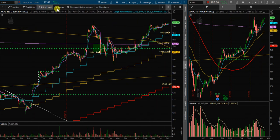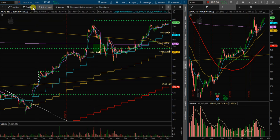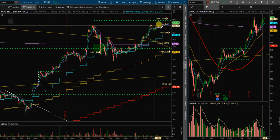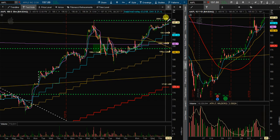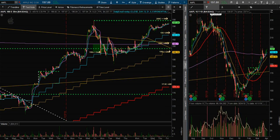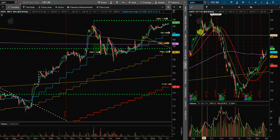Now, there is a potential here for a breakout above this level, so I may go ahead and take some 200 calls plus 1 week for a breakout trade. These will have a higher delta, so if it starts to go, I want to see it go immediately without failing. The stop loss would be just below, for a target of approximately 210,